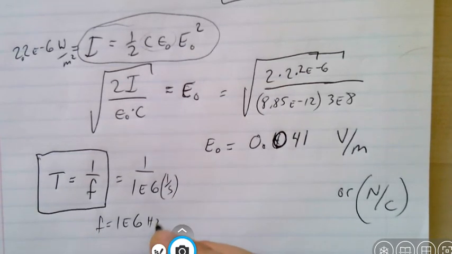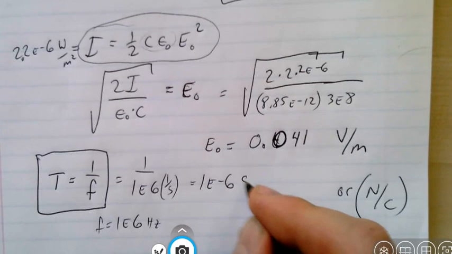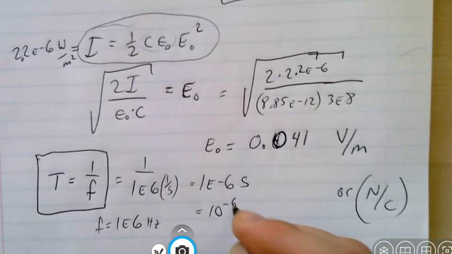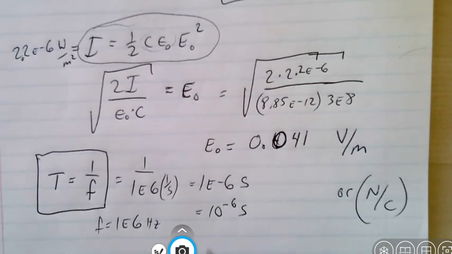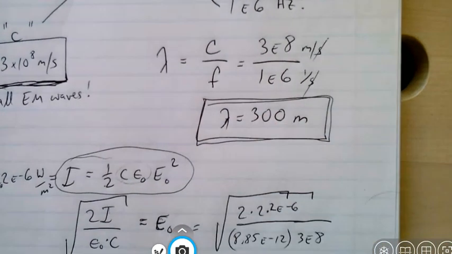Remember, hertz is 1 over seconds, and so we have 10 to the minus 6 seconds, just to write it out carefully. That's going to be my T in this case. And the wavelength, we figured out a moment ago, was 300 meters. So putting it all together now,